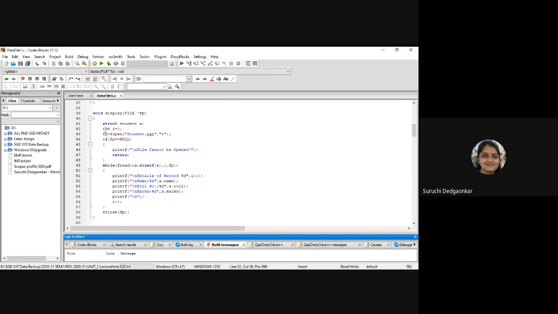Yes, ma'am, here you have written if file pointer is equal to null, print cannot be open, and then ma'am you have directly written while. You have not used else. So ma'am, even if the file cannot be opened, it is going to go for the while loop? No, the return statement is there. Return means what? It will return to the function call directly. Wherever the return statement is, the control goes directly to the function call. So all this will not be executed. If return is executed, this whole remaining part will be skipped and control will return to the calling function.